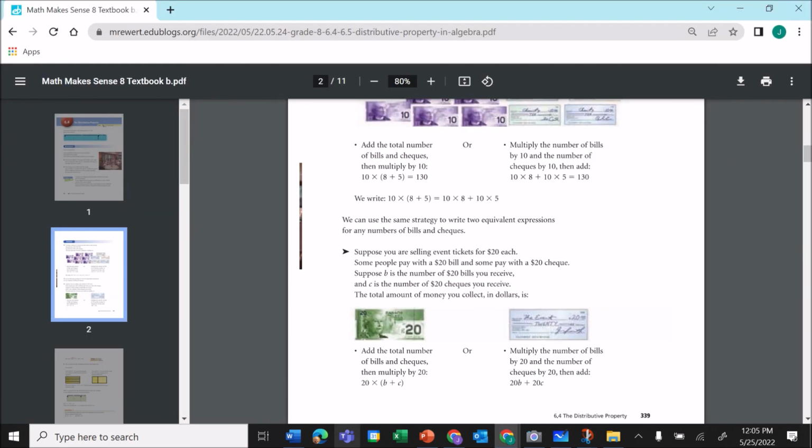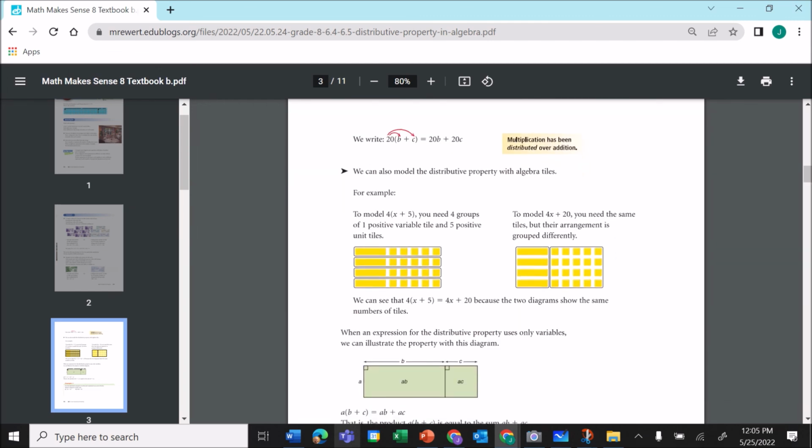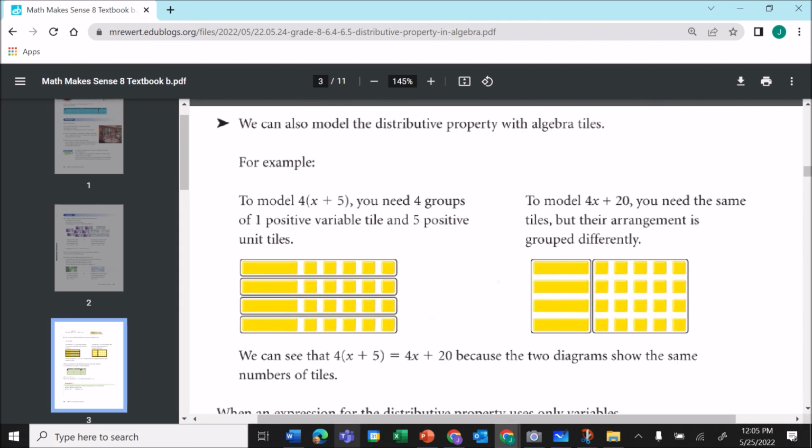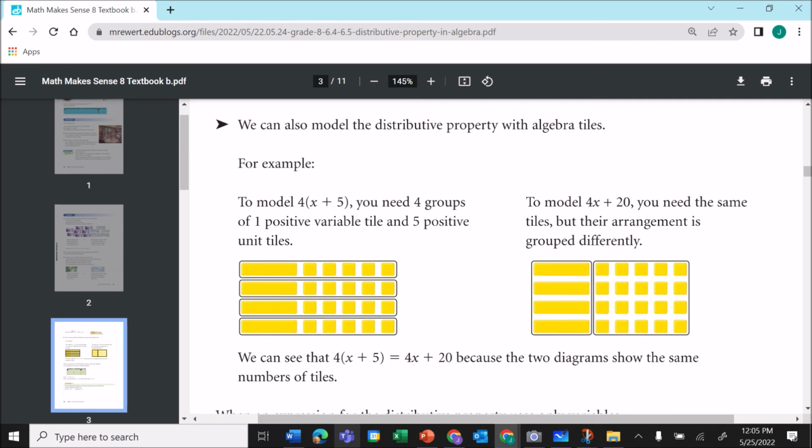I think the rest of the examples, you can take a look here. Now, the grade 8s, we are now also talking about your distributive property in a model here. So this is the last thing we're going to cover. With algebra tiles, here we have 4 times x plus 5. You see x plus 5? You see how we had 4 of them? This is before. We had 4 groups, 4 times x plus 5. But you see how we just